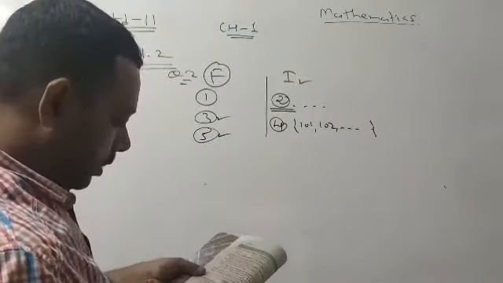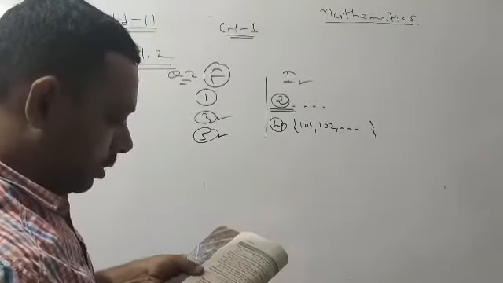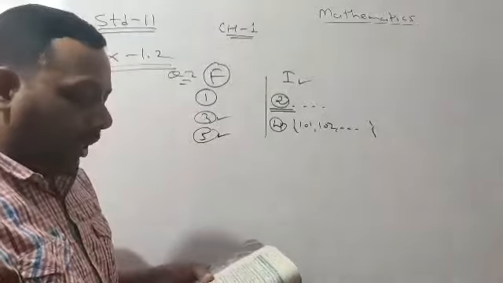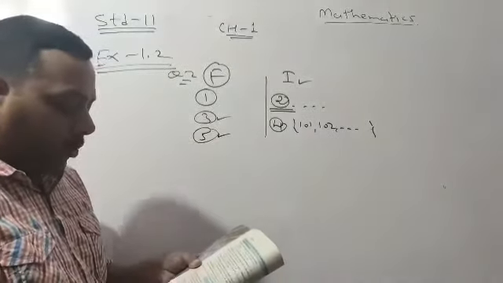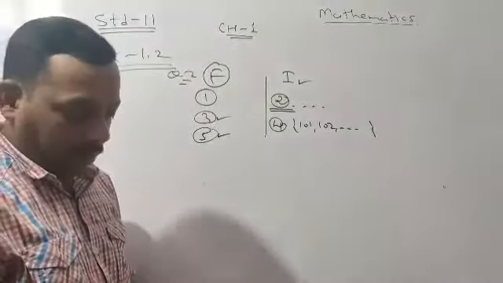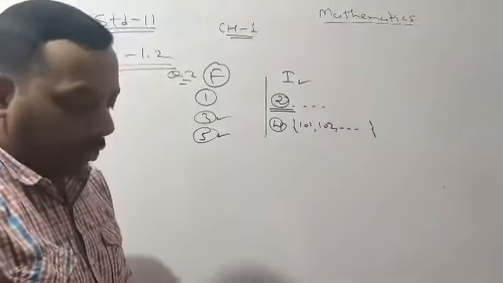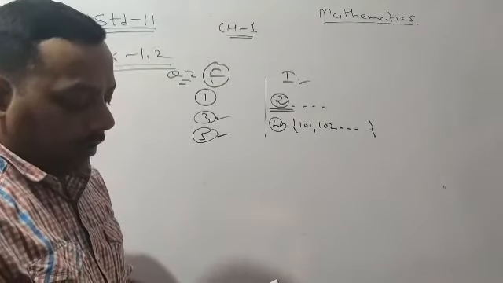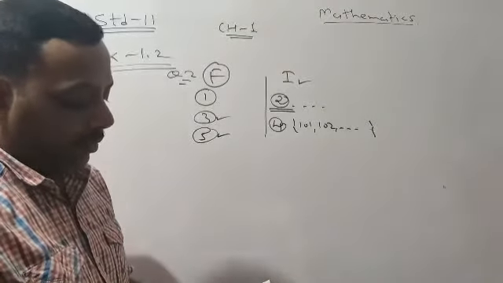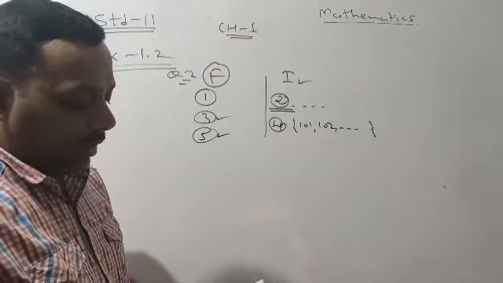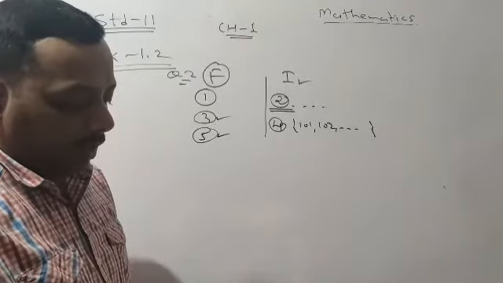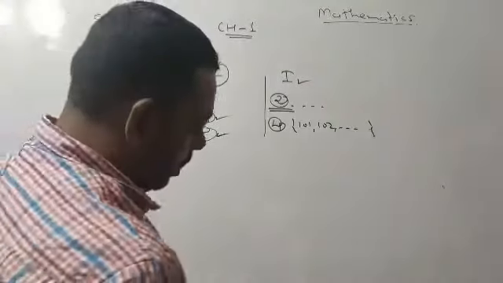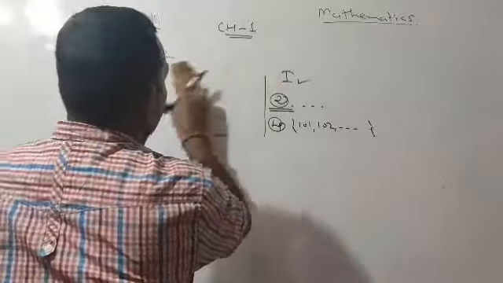Now, question number 3 is also the same question: state whether each of the following sets is finite or infinite. Okay. So, I will give you question number 3 as homework. You have to decide whether the sets are finite or infinite. Now we will start with question number 4. Question number 4 is, in the following sets, whether A and B are equal or not. Now again we know, what do you mean by equal set?